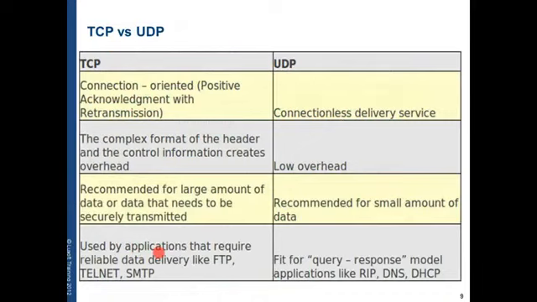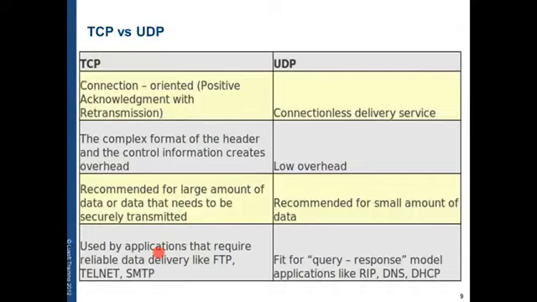TCP and UDP are transmission layer protocols, and they are the most commonly used. TCP is a connection-oriented protocol, and it has a mechanism to assure the data delivery, which is called positive acknowledgement and retransmission, shortly called PAR. It is based on a three-way handshake, which consists in delivering three segments.